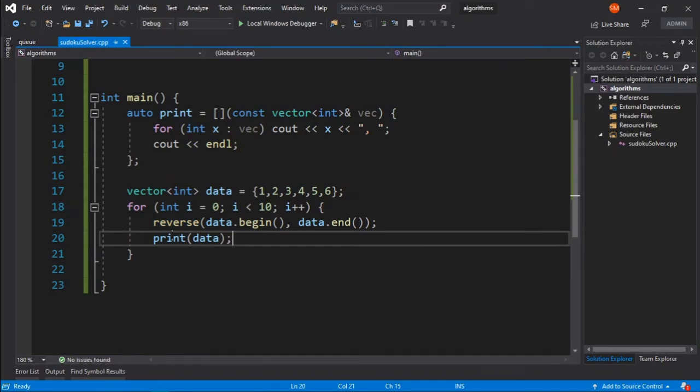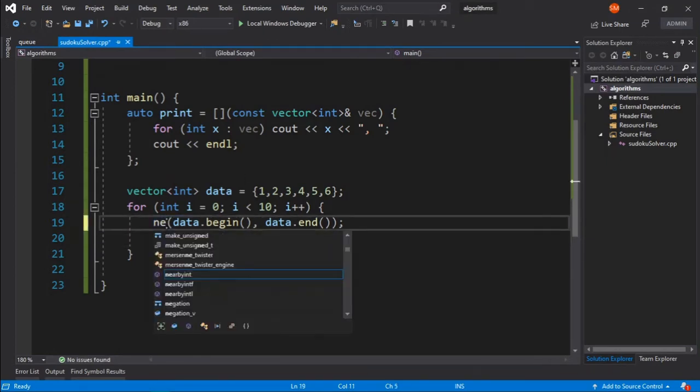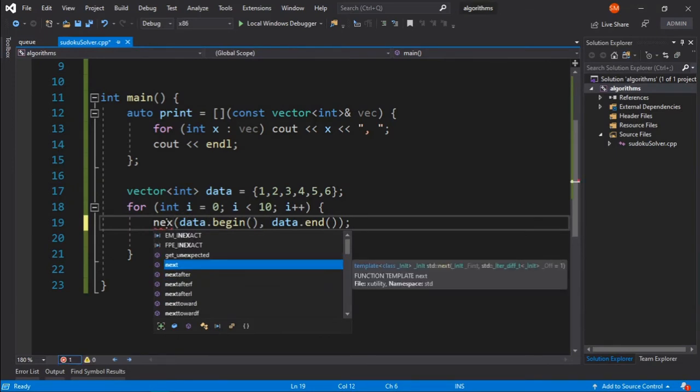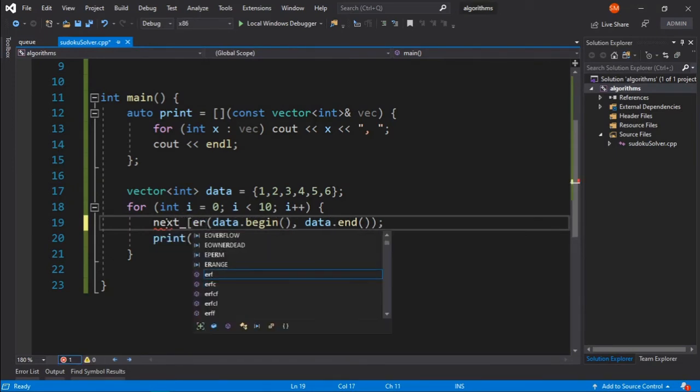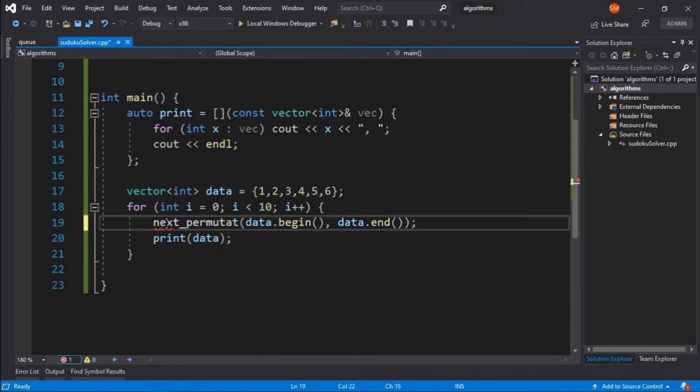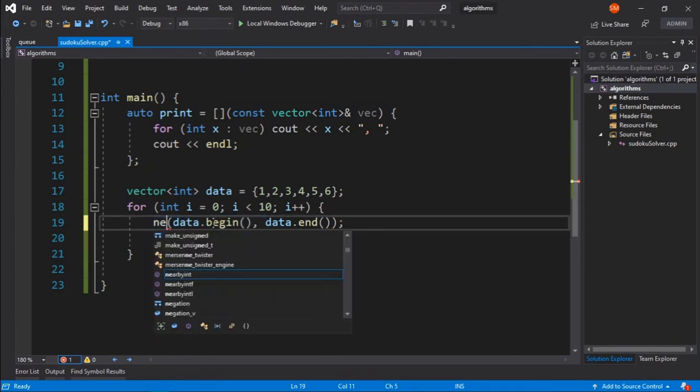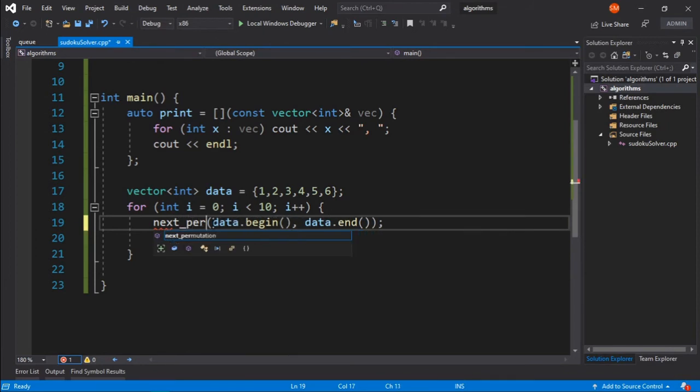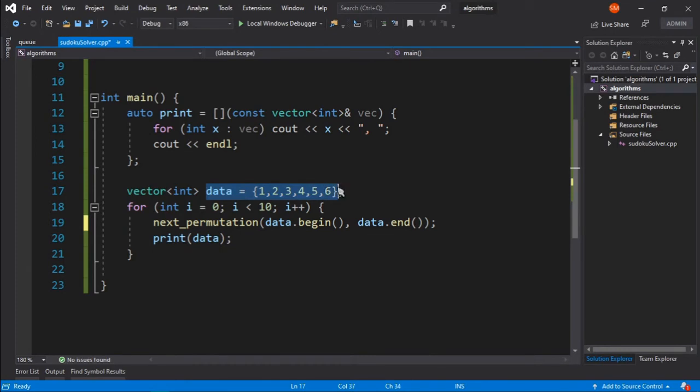But we want to see a practical example of next permutation. So what I want to do is I want to have a string.